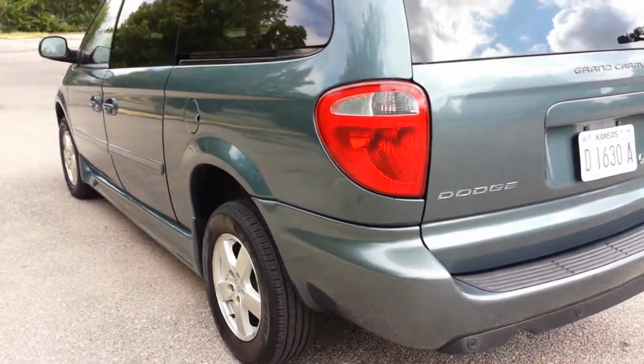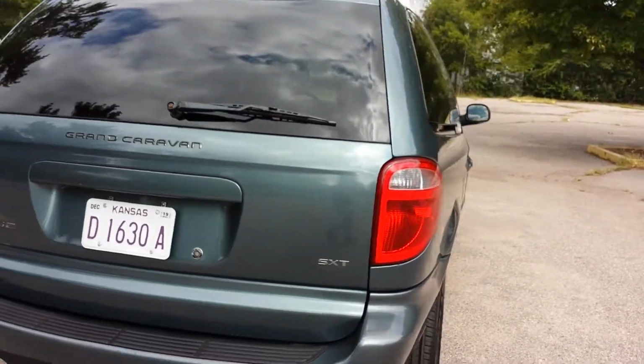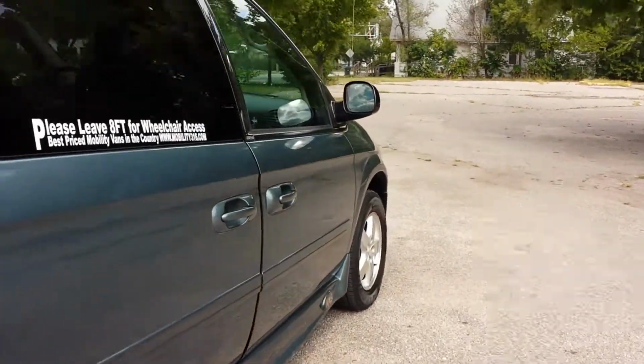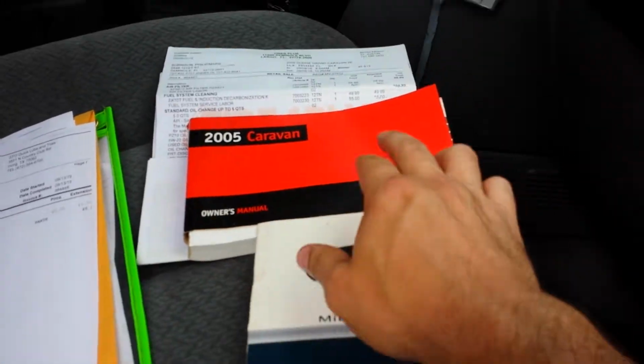You know, because you can easily get one of these vans if the ramp and door isn't working properly and it's got some mechanical issues. Folks, you can be $5-6 grand really fast. So know what you're buying, know who you're buying from. One great thing I like about this van as well, has the owner's manual for the conversion, owner's manual for